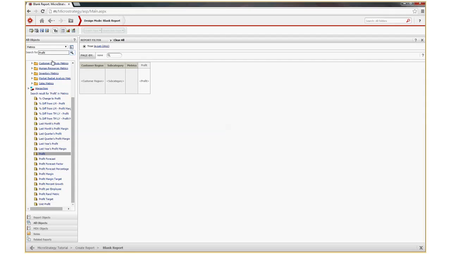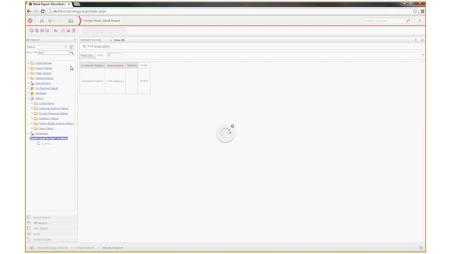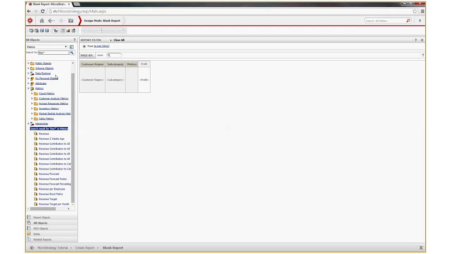Now, similarly, I want to drag revenue. Now, let's make use of the search bar over here. Instead of typing revenue, I'm going to type REV and put asterisk and click on search. Now, what it does is everything that begins with REV and afterwards, so anything that begins with REV is shown in your